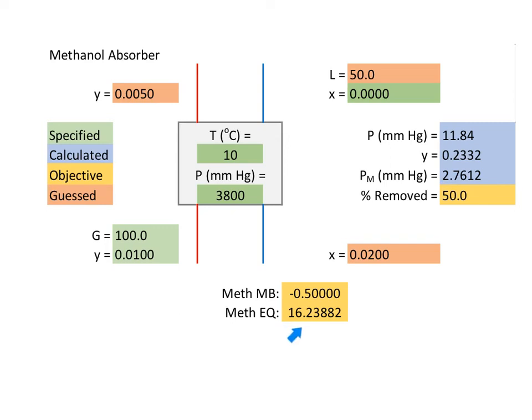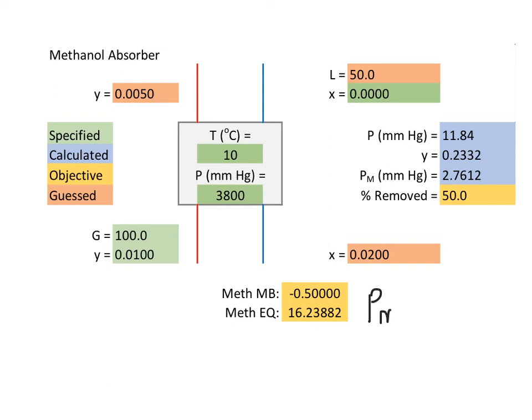So the equilibrium equation becomes that the partial pressure of methanol calculated from this VLE data should be equal to the mole fraction in the gas phase times the total pressure in the gas phase. In other words,